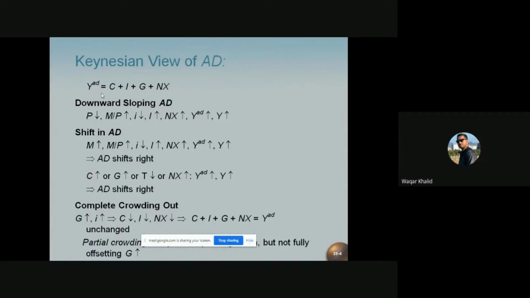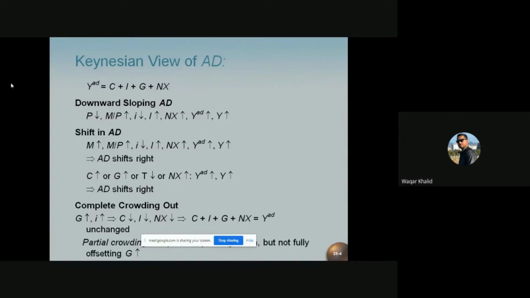So YAD will rise. If YAD is rising, it means Y is rising. What can you conclude from this mechanism? Simply, a lower price level leads to a higher level of aggregate demand. Very simple. This is the conclusion from the first mechanism, that the lower price level leads to a higher